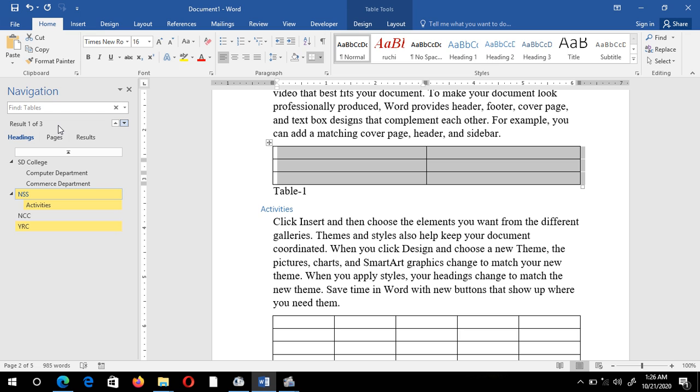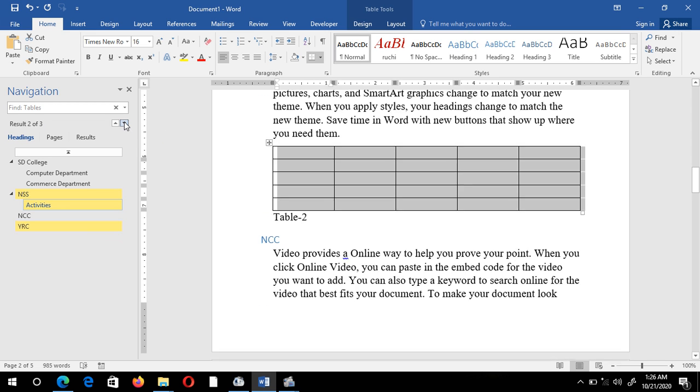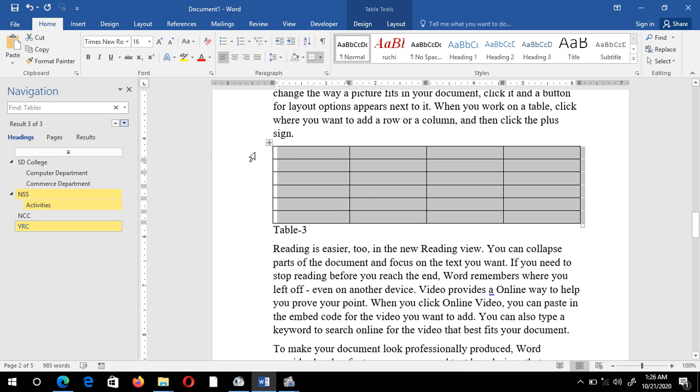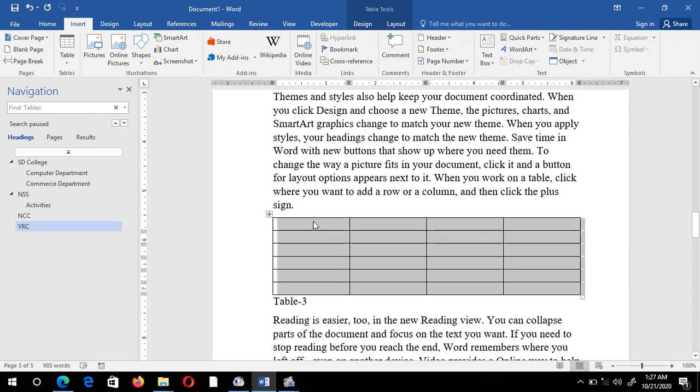That means in my document we have 3 total tables. I am on table 1, that is, this is my first table. Just click here. This is the second table. It is showing that result 2 of 3 and this is 3 of 3. So in this way I can jump from one table to another and so on.